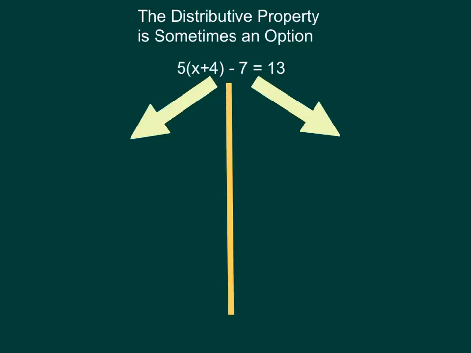One thing that we actually have is sometimes we get to choose which way we'd like to solve the problem, and we can either use the distributive property or not. It's kind of up to us. Let's look first if we were to use the distributive property here, which would mean distributing the 5 to the x and to the 4. Well, 5 times the x is 5x, and 5 times the 4 is 20, so I have 5x + 20 minus 7 equals